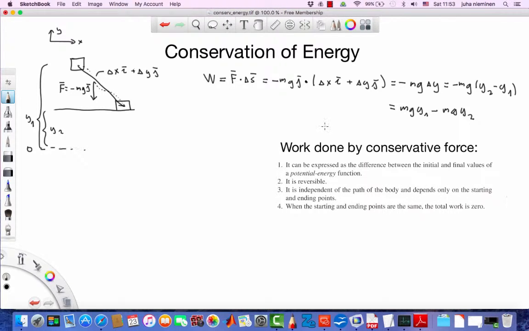And here is the formal checklist for the work done by a conservative force such as gravity. So let's go through this list. First, the work can be expressed as the difference between the initial and final values of a potential energy function, just like we have here. So that's a check. It is reversible, so this means that it can be recovered. For example, imagine this was a ball instead of a box. A ball would bounce